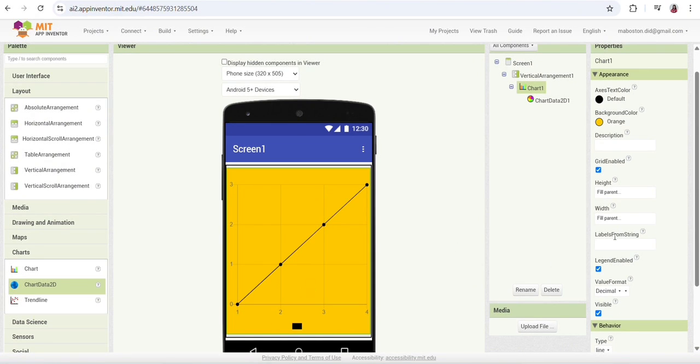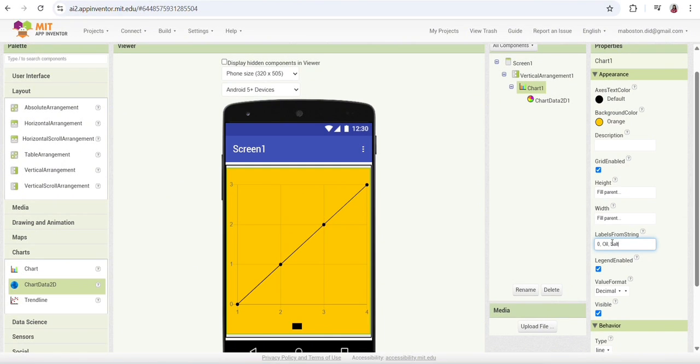Kindly go to your properties and look for Labels From String. To change the names of your values, type here, for example, 0, since we need to change the first value to 0, then comma, space. For example, your second value is oil, comma, space, and what else?